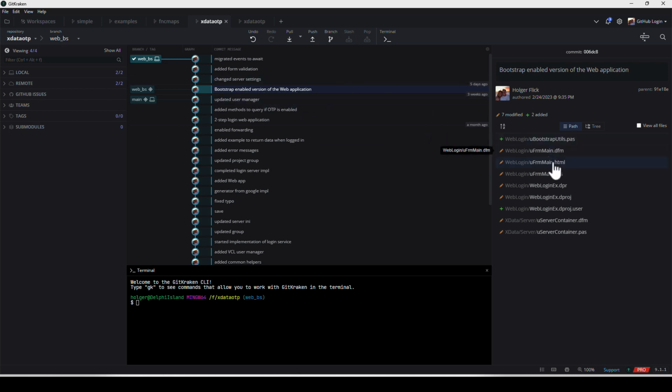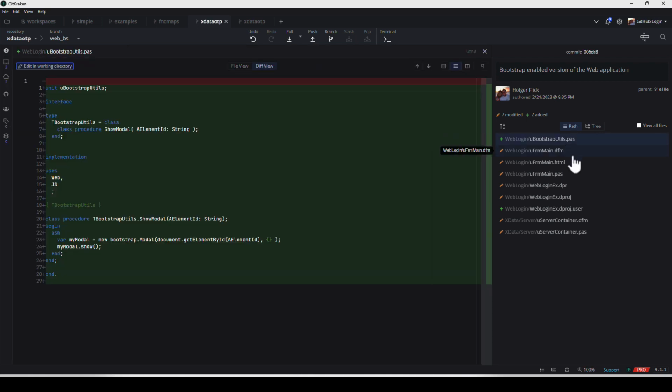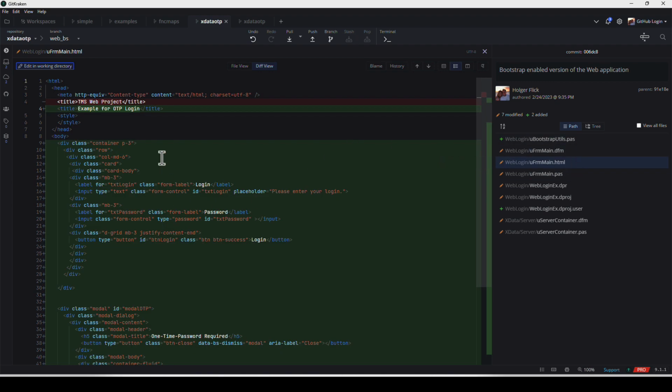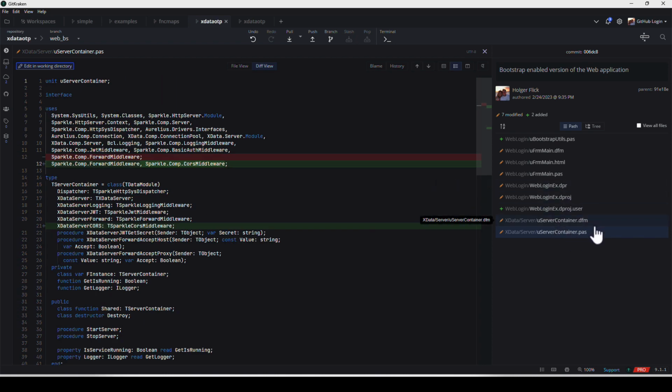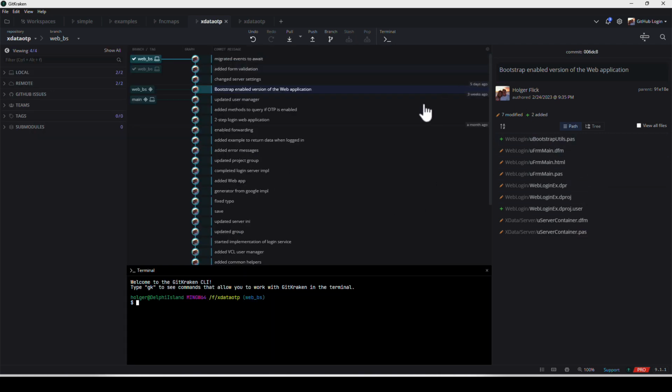Okay, and now I can see, this is a pretty good example, all the changes that I made. I added a Bootstrap utils class, I added the Bootstrap specific HTML, and of course, I had to make some changes. Oh, there were some changes to the server container because, of course, I needed to add the middleware. You can reproduce what you did pretty easily.